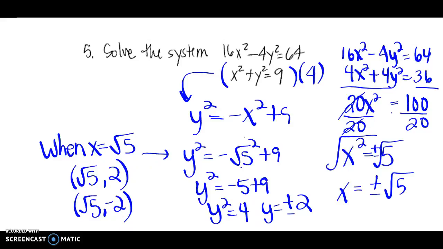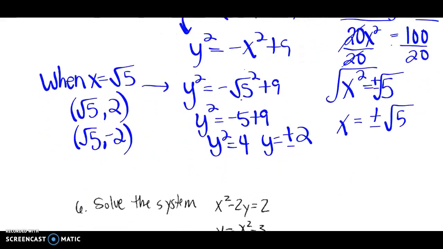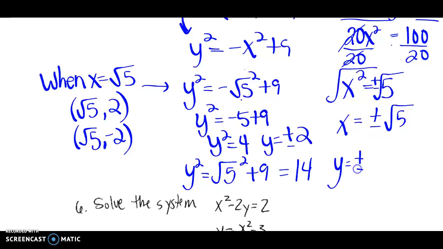And then you'd put in the negative square root of 5. So if you put in the negative square root of 5, you get a double negative, and it becomes 5: square root of 5 squared plus 9. So that's 5 plus 9, which is 14. And you take the square root of both sides, and you get y equals plus or minus the square root of 14. The other two